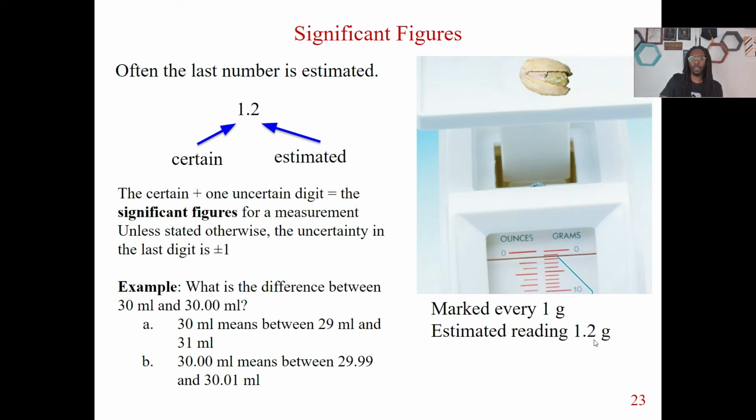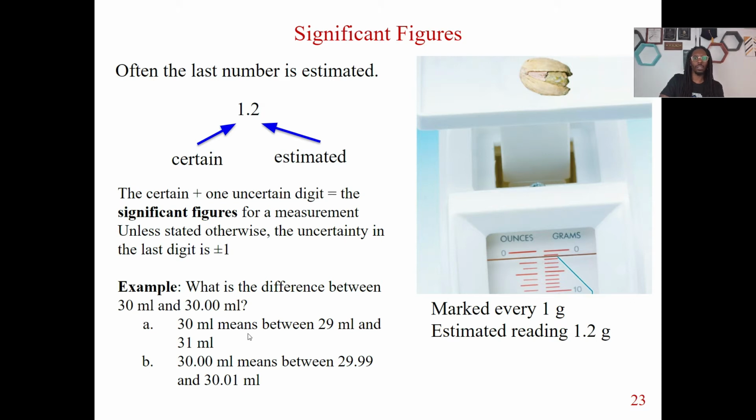Now, this is very important. Just a side note: what's the difference between 30 milliliters and 30.00 milliliters? It's all about that last digit, because that last digit is going to tell us a lot. It's the difference between the two here. So with this 30 milliliters, if I want to go up or down, because of the digits that aren't here,